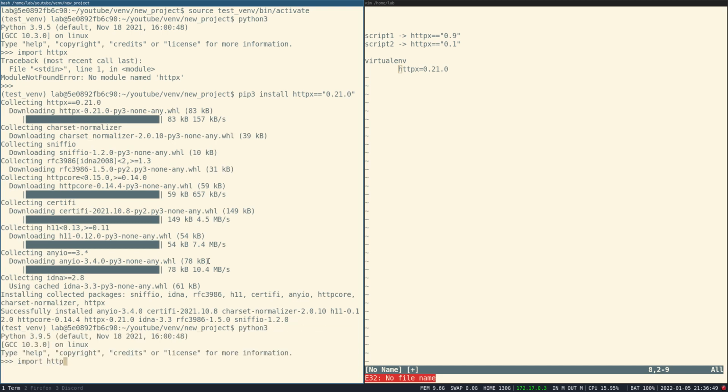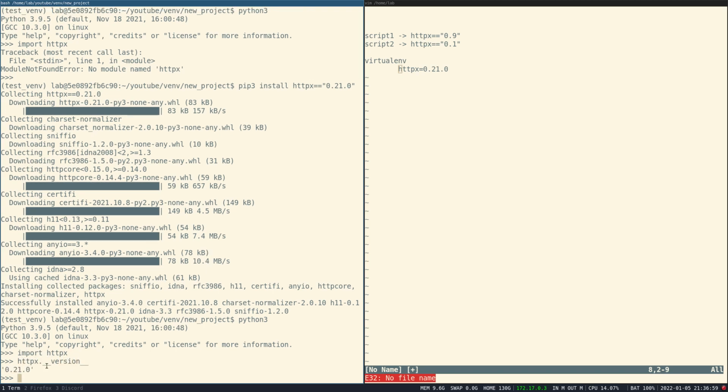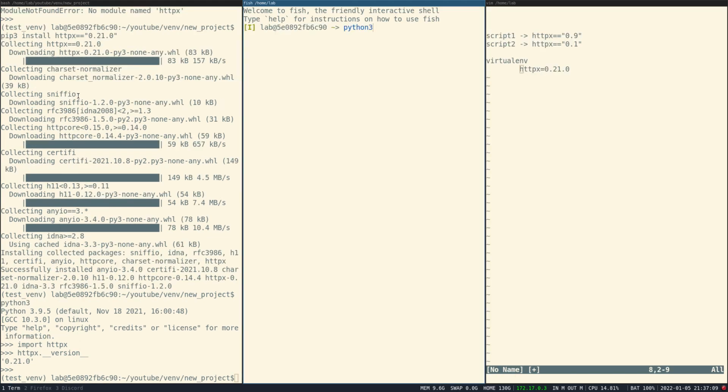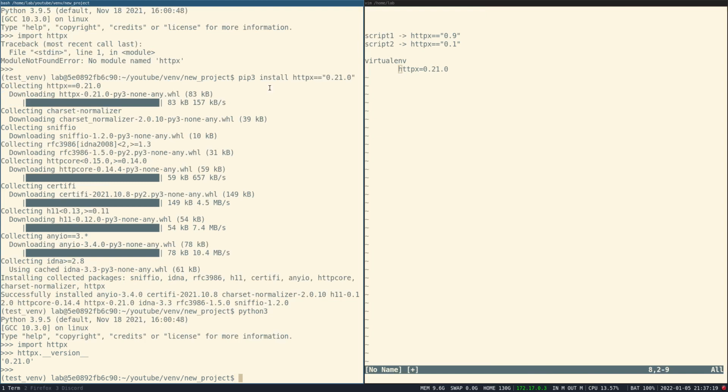Now if I check the version, it is 0.21.0. The thing to note here is this is only installed inside test venv. If I try to access HTTPX using my regular terminal, the regular shell without the virtual environment, then it will still be 0.21.1. Let me just show you. Yep, it is still that.